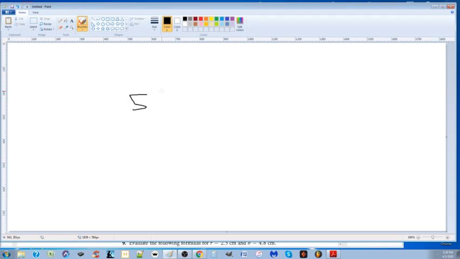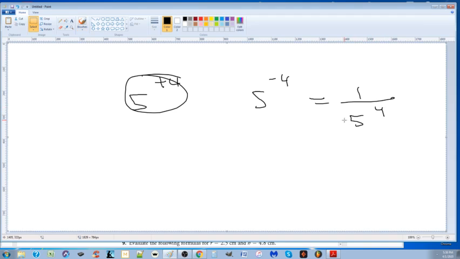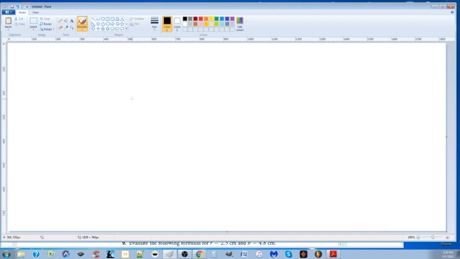So we've learned that something with a positive exponent simply means it's multiplying itself. Something with a negative exponent means it's multiplying itself, but at the denominator. Yeah? What about something with less than 1 as an exponent? What does this mean? 5 to the half. 5 to the exponent of the half? I have no clue. What it actually means, and I'm going to use 25 to the half, it actually means